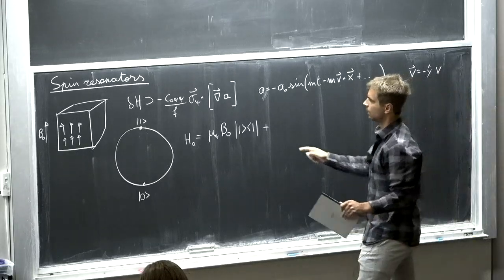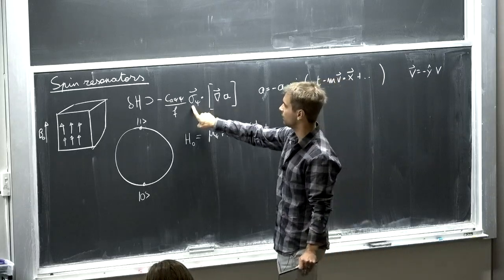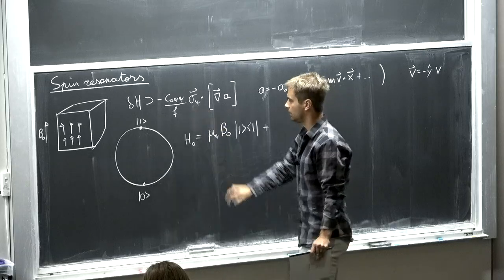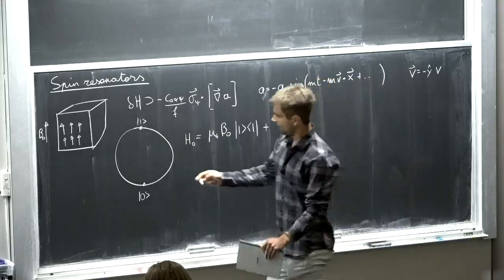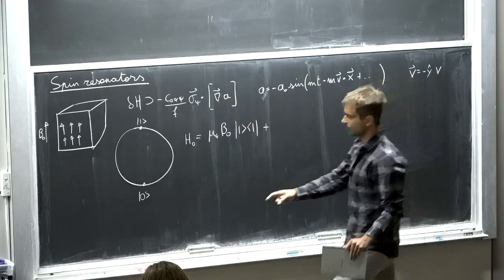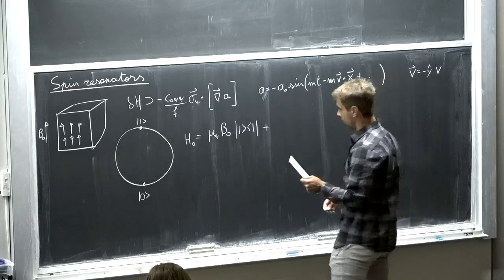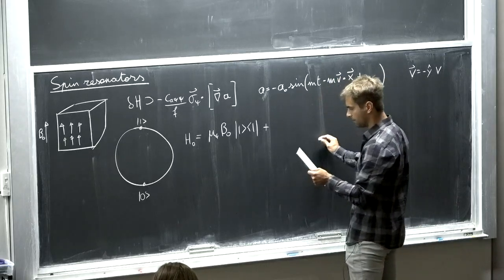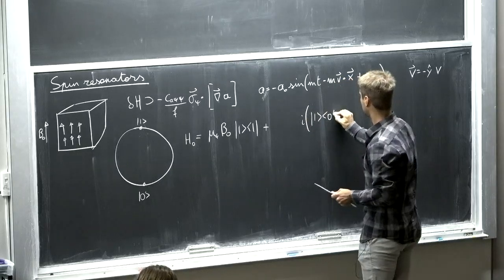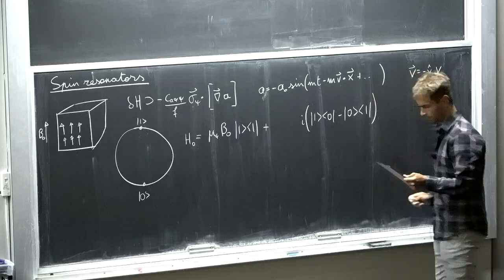And so that means that my gradient here will be in the y direction, and my perturbing Hamiltonian is some sigma y, and sigma y, in the Hilbert space of the z-axis, I can write as i, 1 0 minus 0 1, and